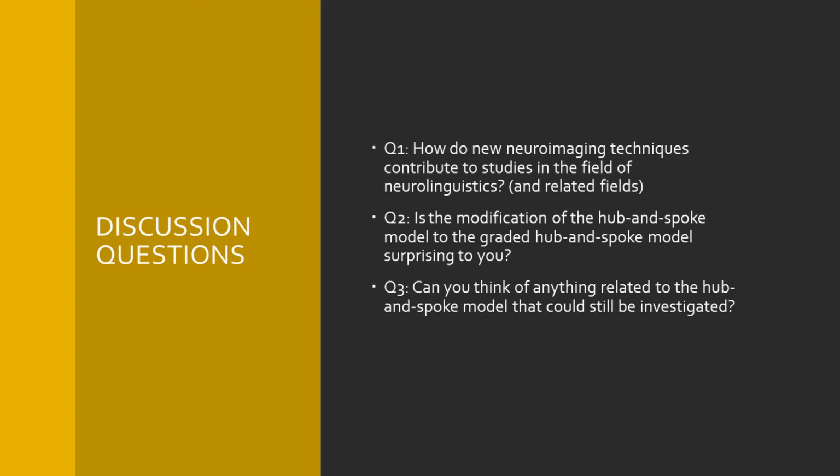So my discussion questions for tomorrow are: how do new neuroimaging techniques contribute to studies in the field of neurolinguistics? The second question is, is the modification of the hub and spoke model to the graded hub and spoke model surprising to you? And the last question is, can you think of anything related to the hub and spoke model that could still be